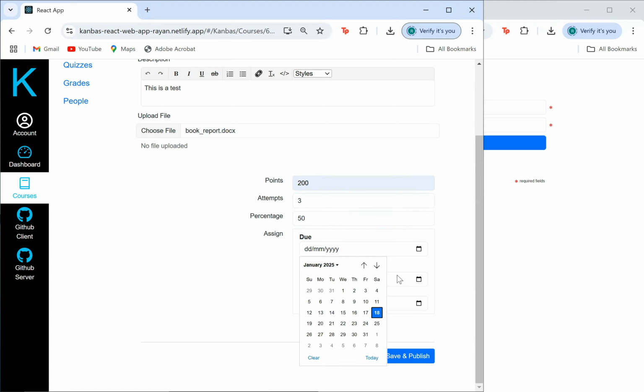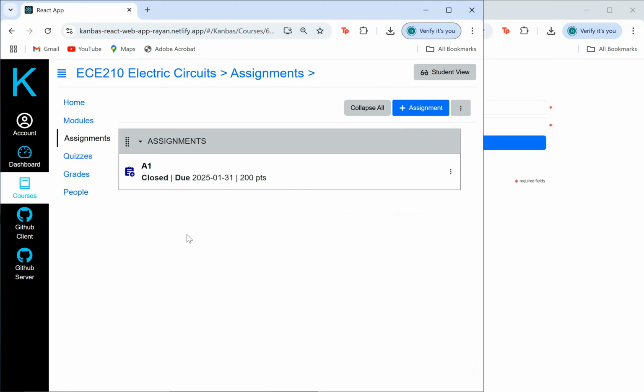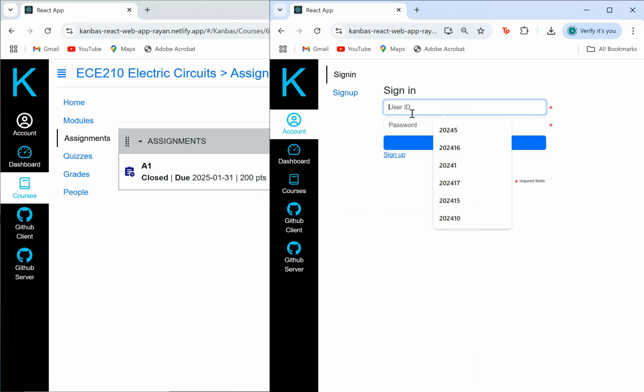And now for the dates. So I'm going to choose the due date to be the 31st. And I'm going to say that this assignment was available from the 5th until the 11th. Now, keep in mind, we are the 18th today. So this assignment is going to be closed because the available from and the available until dates are before the current date. So if I were to log in as a student now